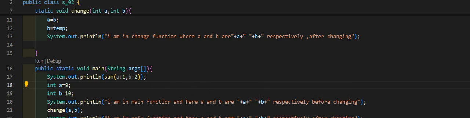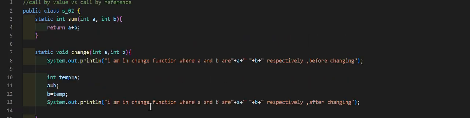Mind it, I am printing the values of a and b before calling the change function, so this will give me an output of 9 and 10. After this, we will call the change function with inputs as a and b.